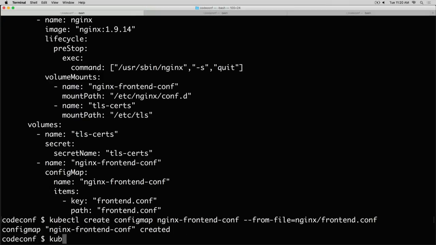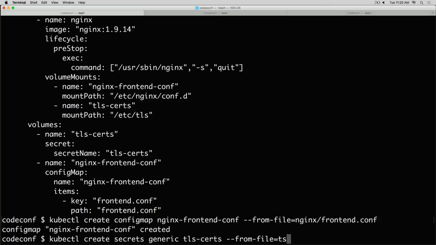Let's go ahead and create the secret really quick. So we have this secret. I'm going to make it a generic secret. We have different kinds of secrets in Kubernetes, but this is a generic one. And here I want to store my SSL certs. So I'm just going to call this one tls-certs. And then I'm also going to give it a directory of certs.